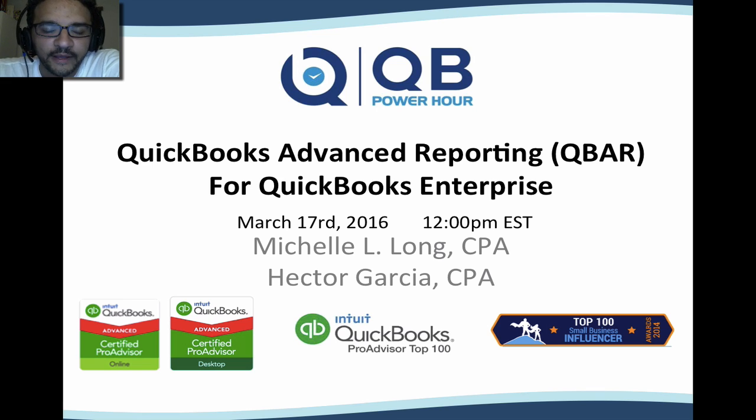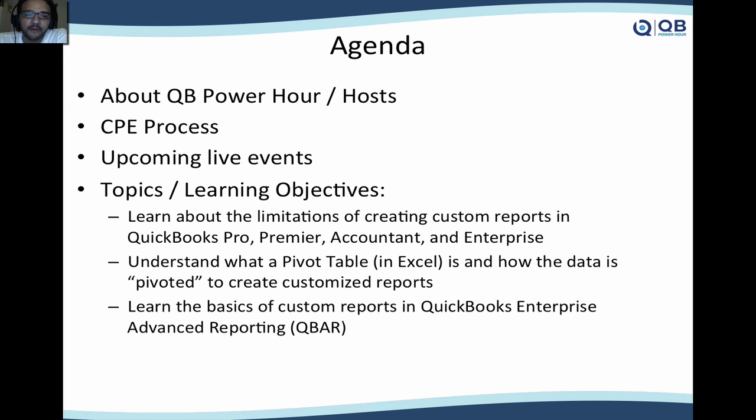called Advanced Reporting. The agenda for today: we'll talk about QB Power Hour, the CPE process, upcoming live events, and the topics and learning objectives. We're going to learn about some of the limitations of custom reports in QuickBooks Pro, Premier, Accountant, and Enterprise, and the reason why we even use advanced reporting. We'll talk about the whole concept of pivot tables and how data is pivoted in Excel in order to create custom reports. We can do that with QuickBooks data. And then we're going to deep dive into QuickBooks Enterprise Advanced Reporting to understand exactly how this tool